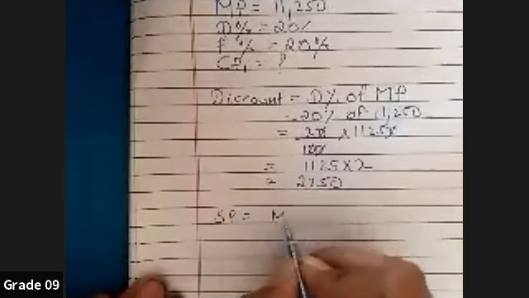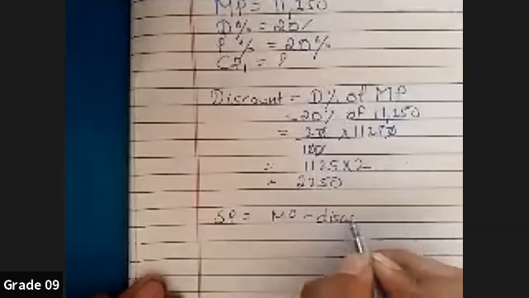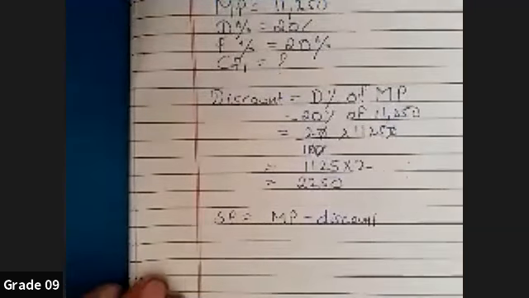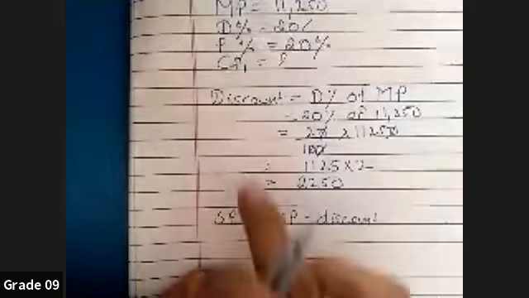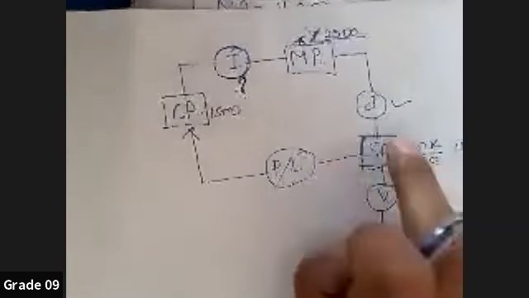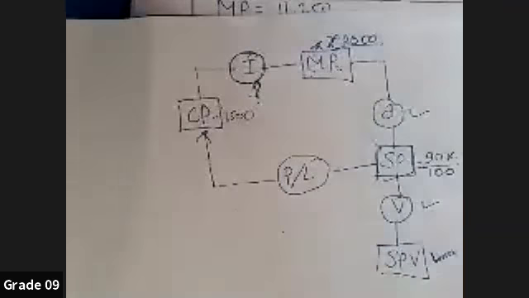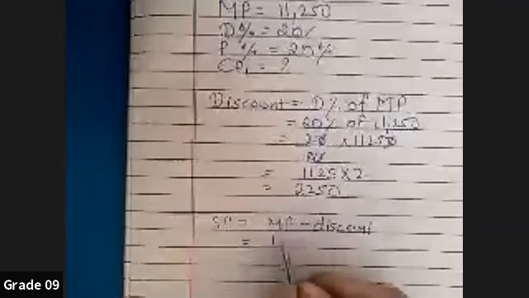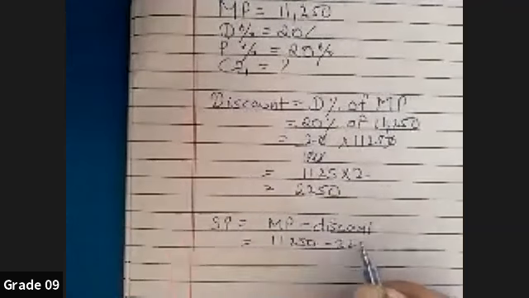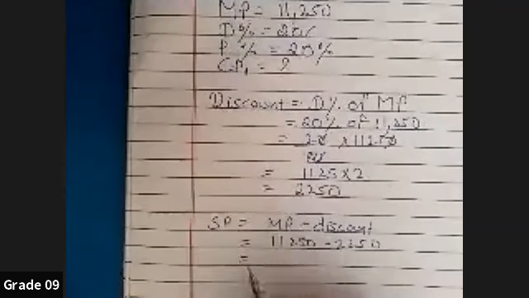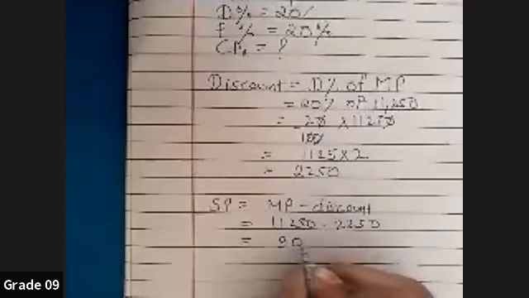So this is your discount. And what will happen after discount? We have to find SP: MP minus discount. We are following the chain only. Remember, I haven't done anything. So if you are confused why SP comes after discount, then remember this chain. Definitely after discount, definitely SP. You are the place of decision making, and you know how to make the decision. I have already told you. So it is 11,250 minus 2,250, which gives 9,000 as your selling price, right?